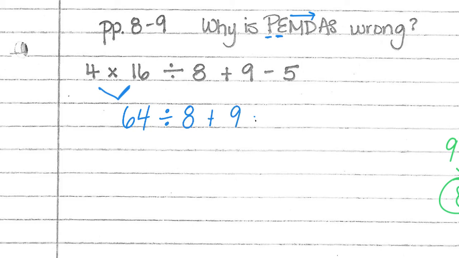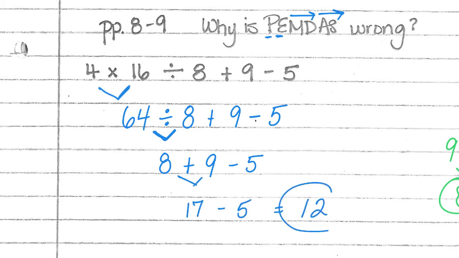And again, I tell my students to write and write and write again. Multiplication and division from left to right. Now there's division. 64 divided by 8 is 8. And then we're going to do addition and subtraction also from left to right. 8 plus 9 is 17. 17 minus 5 is 12. So if you had done that wrong,